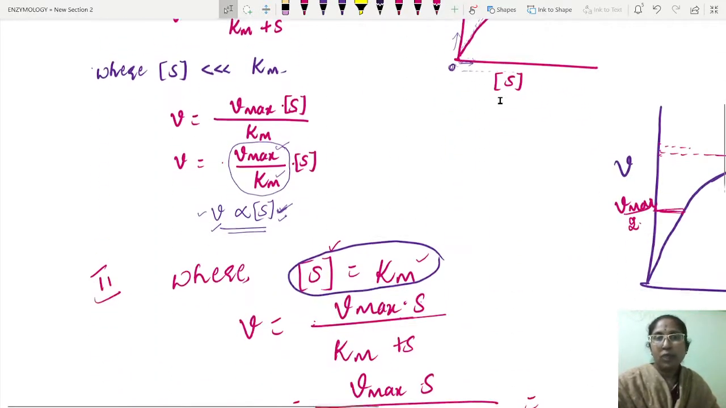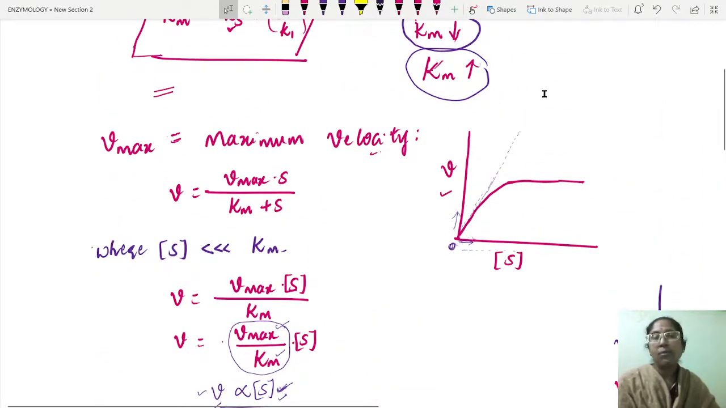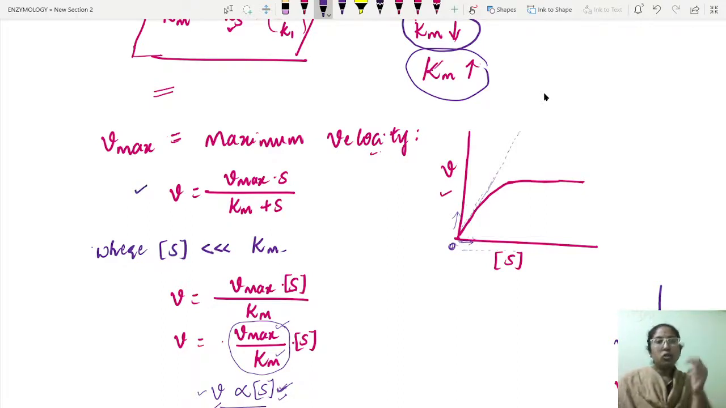So now let us know Vmax. What is Vmax? It is nothing but the maximum velocity that could be attained by any enzyme. Just consider the Michaelis-Menten equation and three conditions. Here in the first condition, if the substrate concentration is far lesser than the Km value,